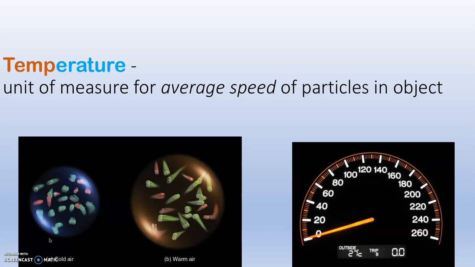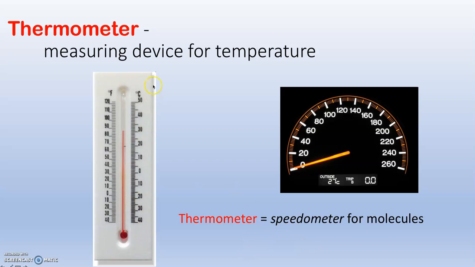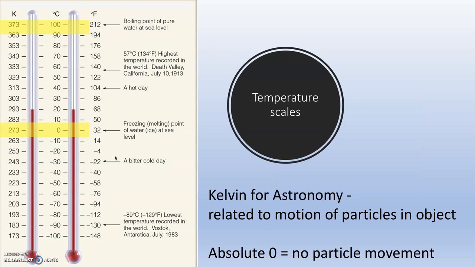Let's look at that a little bit more. It's as though you're saying that temperature is a low speed in cool and a higher speed in warm. And yes, it is. Temperature is a higher speed in warm. And you can measure that temperature with like a speedometer, right? You can measure that speed by using a thermometer. A thermometer is like a speedometer for molecules. It measures the energy that is in those molecules.